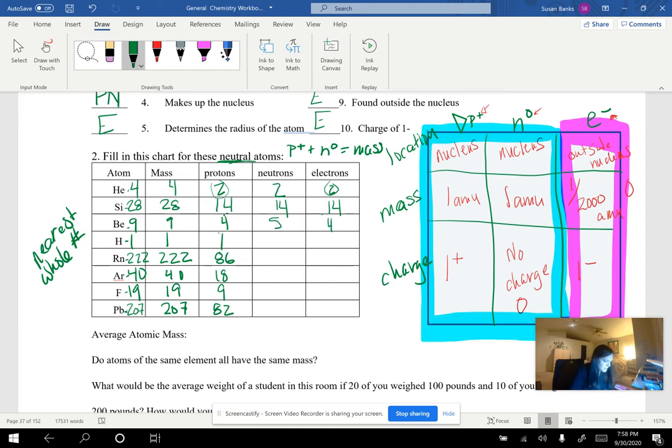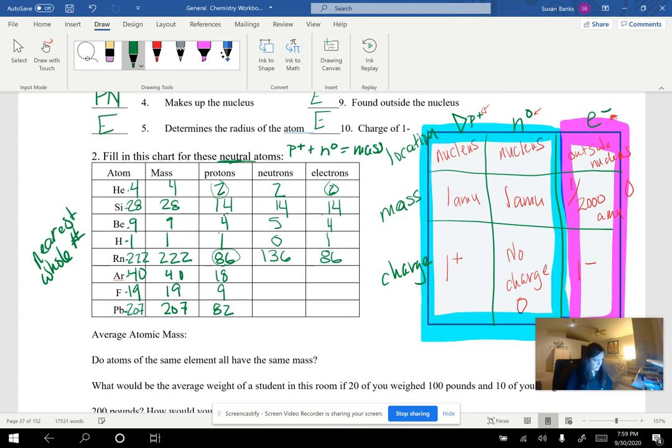Okay, how are you doing here? Mass of 1 minus 1 gives me 0 neutrons. 1 proton, 1 electron. Okay, this one I'm probably going to want my calculator here. So radon, I have 222 minus 86 to get me my neutrons. So that will give me 136 neutrons. And then if I have 86 protons right here, for a neutral atom I'm also going to